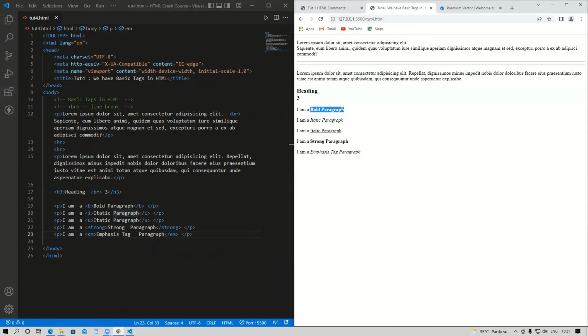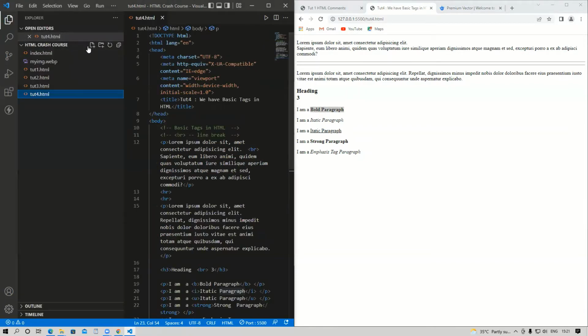So similarly, just for utilizing some of the mostly used tags, they are just bold tag, italic tag, break tag, and HR tag. These are the mostly used tags which we usually use. Okay, let us go to tutorial